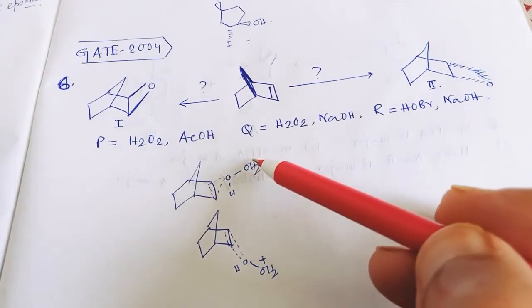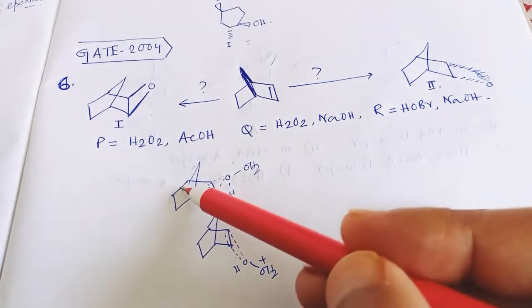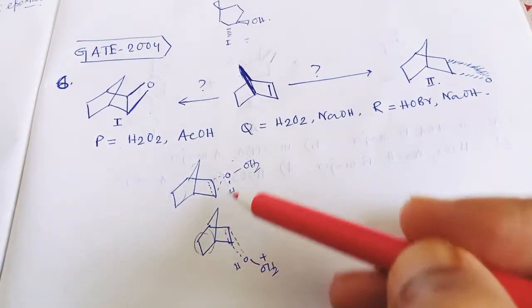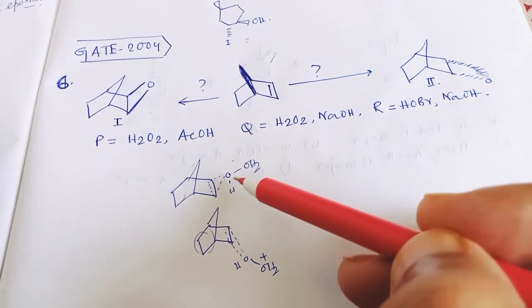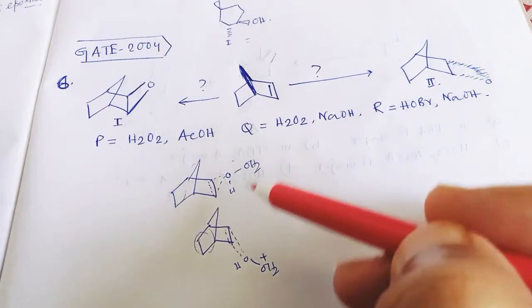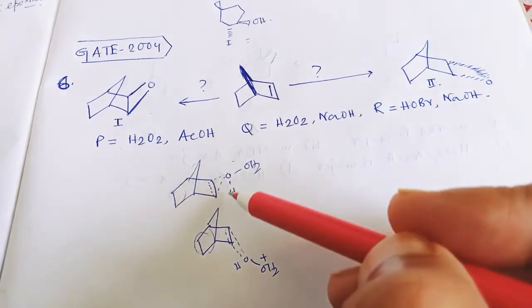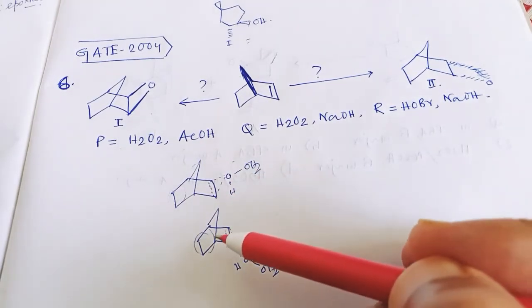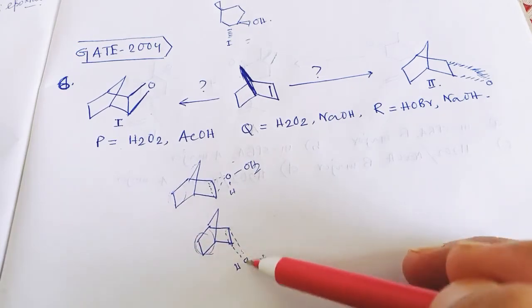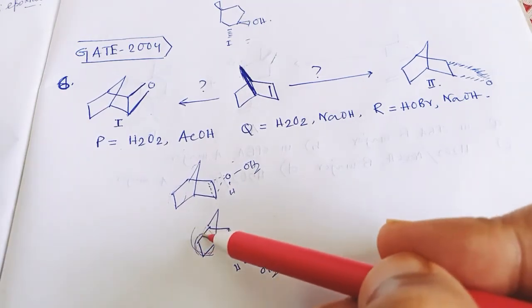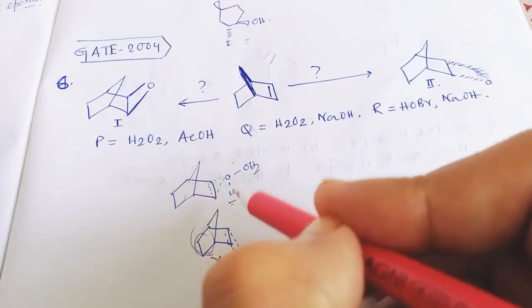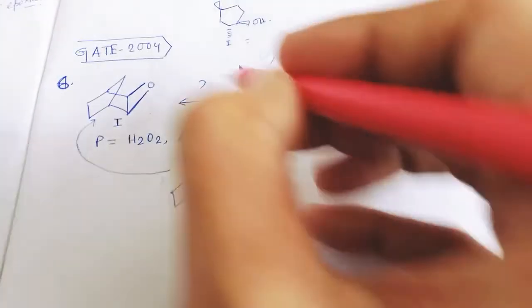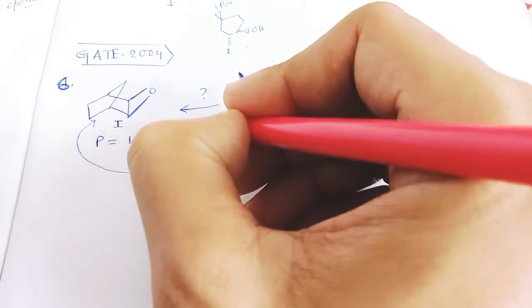Here you can see this group is there, and in this case this group is there. So to avoid the steric, it will come from the exo side, that is this side, from above. Why is it approaching from the exo position? Because to avoid the steric with this group; if it comes from the endo position, it will interact with this group. So this is not feasible, this is feasible, and this will go and give this product. So for 1, in this case this will be the P,